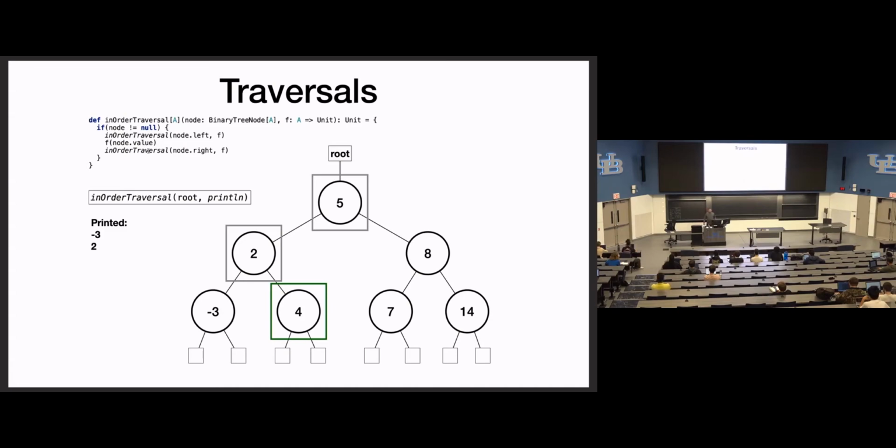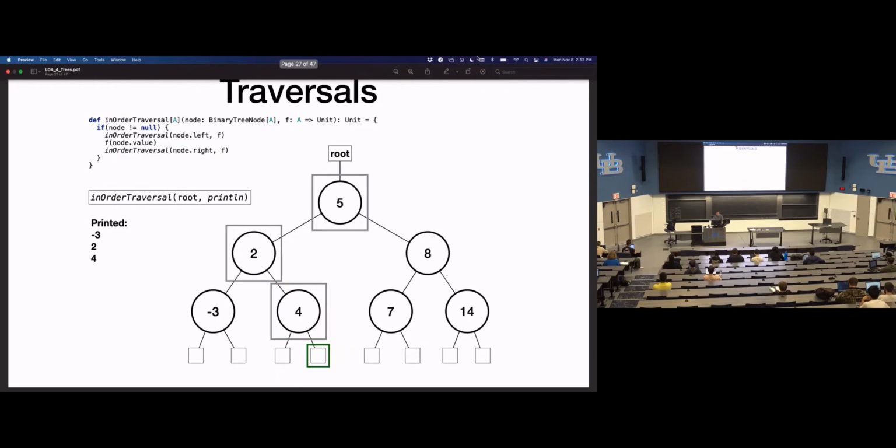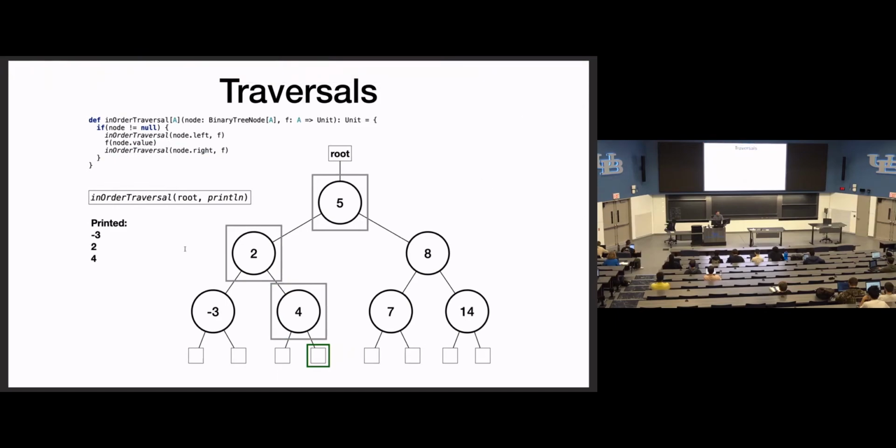On the right node, it's going to make a recursive call to its left node. That's null, returns, base case. Visit this node, print 4 to the screen. Second recursive call, null, base case, nothing to do. This method has ended, so this stack frame returns, and execution goes back to this node with 2. It just finished this line, so it's at the end of its method, and we're ready to return back to